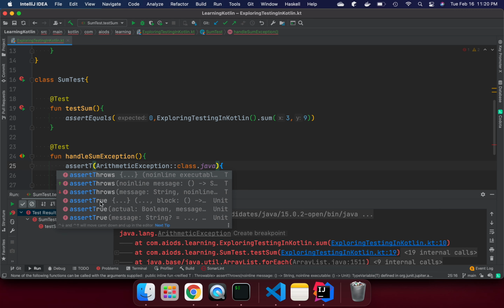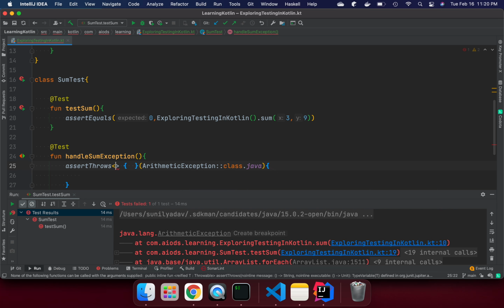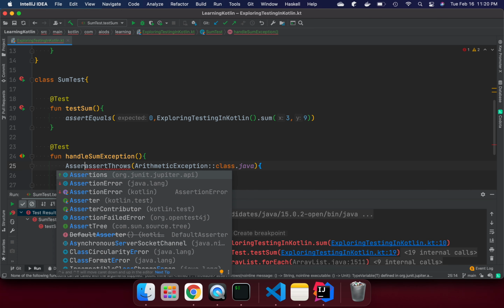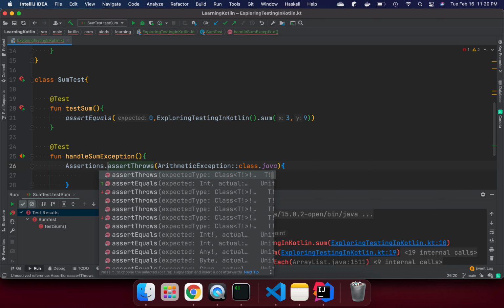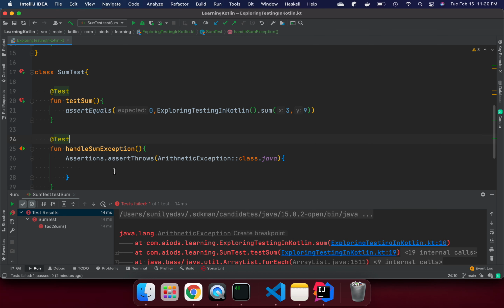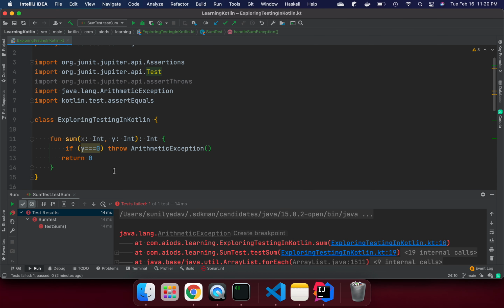This is the class assert throws. Okay, so we need to use assertions dot assert throws. Now we are good. We are using JUnit one, not Kotlin one here. Here we are using assertion.